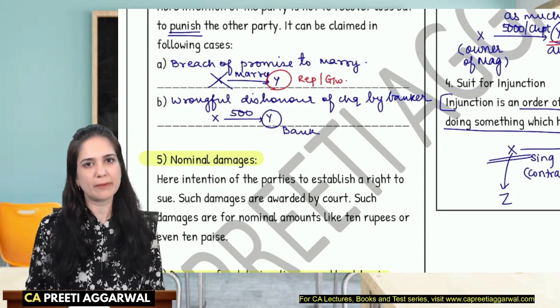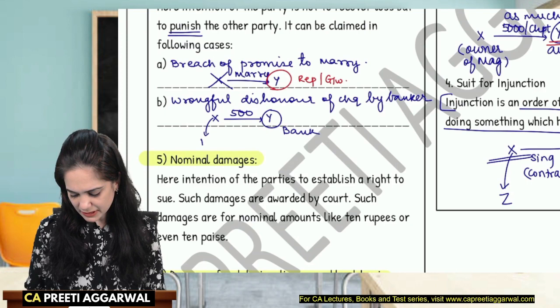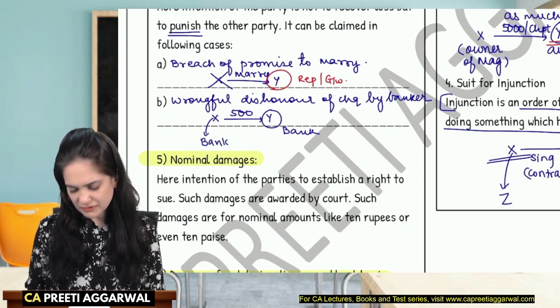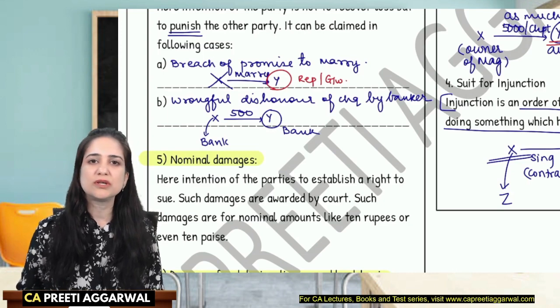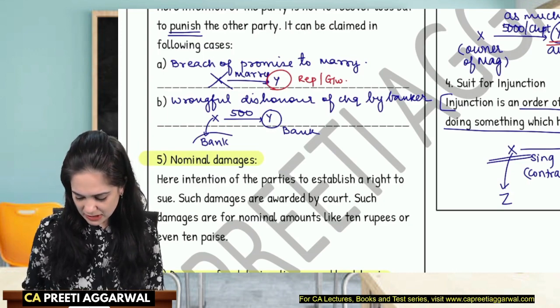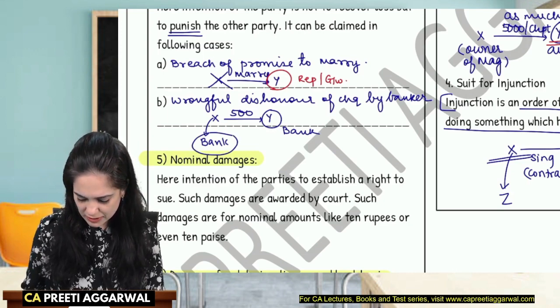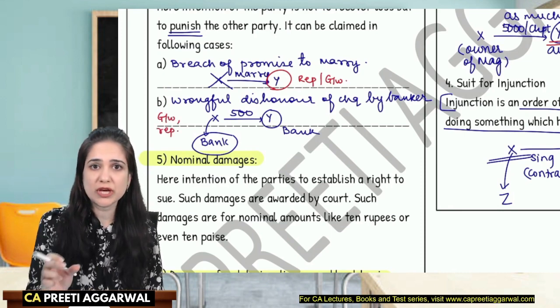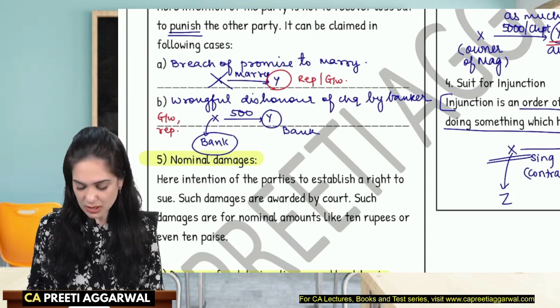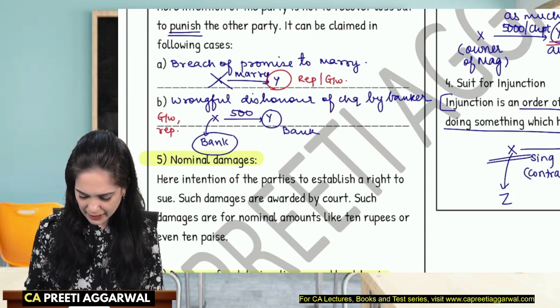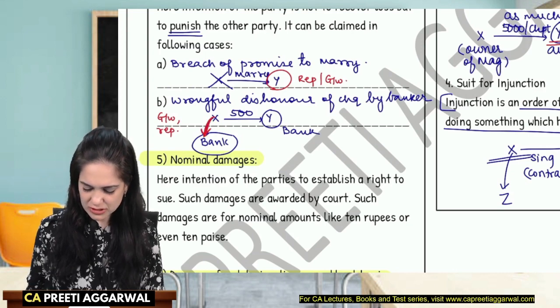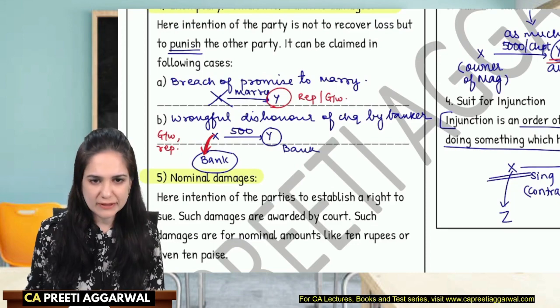Wait, I'll check with the banker. He calls his banker and he says, banker, तूने मेरे 500 रुपीज का चेक डिसऑनर कर दिया, मेरे पास तो 5 लाख रुपीज है. सॉरी सर, गलती हो गई. अब बैंक की गलती की वजह से X की तो गुडविल रेप्यूटेशन गॉट अफेक्टेड, right? Smaller the amount of check, greater will be the amount of damage. So he can claim those damages from the banker. So because of the wrongful dishonor of check by banker, we can claim damages, punitive damages from the banker.